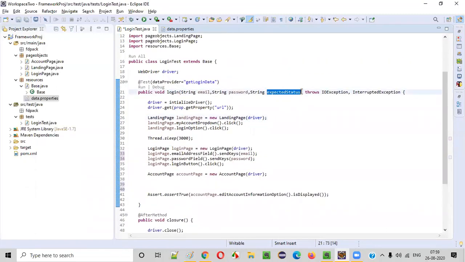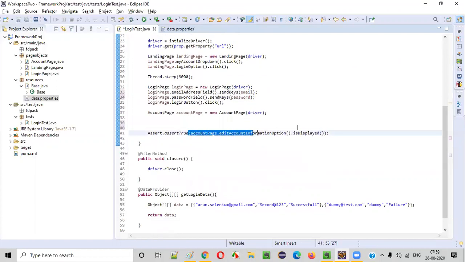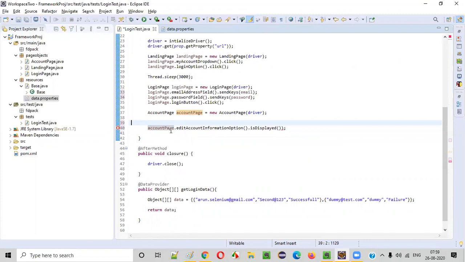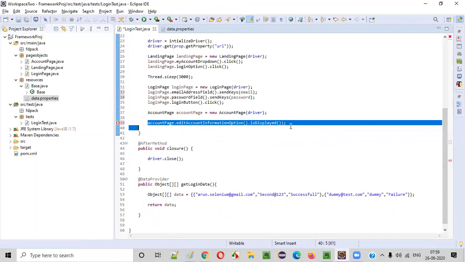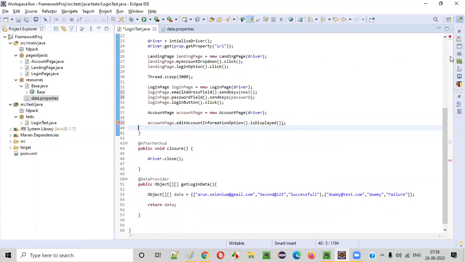So when the expected status is this one, actual status is dot displayed. So here, this one, guys, is displayed. This will result in true for something, but exception for some other thing.